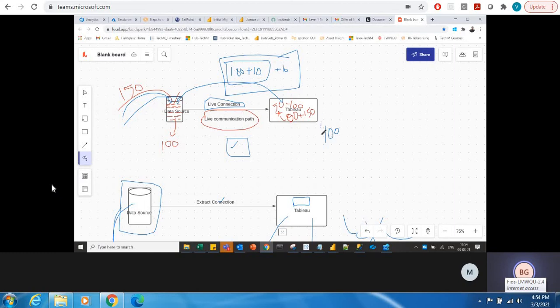Okay, so if your data is not changing, it is constant, so no new records are happening, no records are being deleted in your data. So in this case, what is the point of having a live connection? Because when your data is not changing at all, there is no need of having a live communication path between Tableau and the data source. You can simply ask to take this as a snapshot and connect this to Tableau,